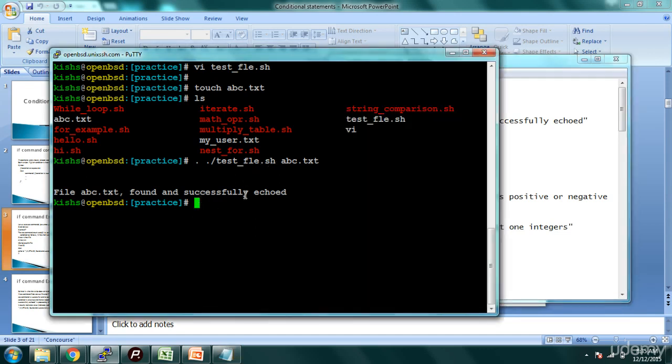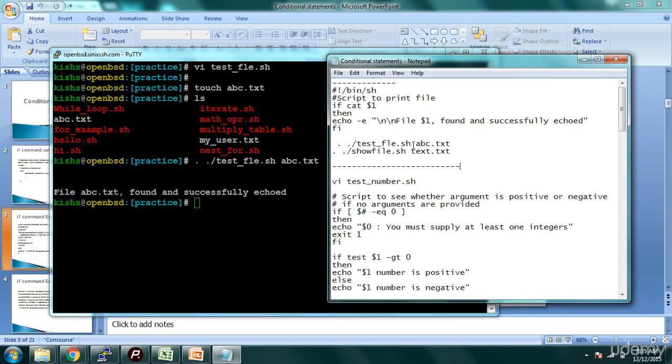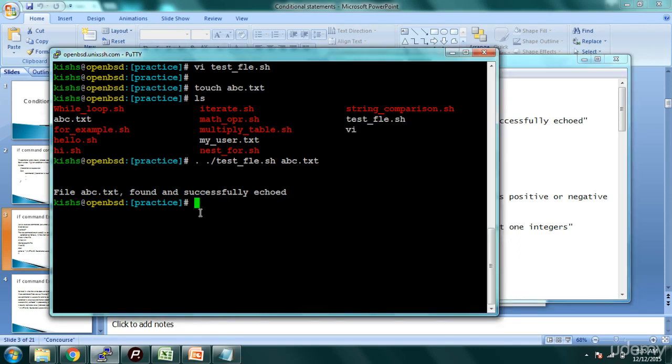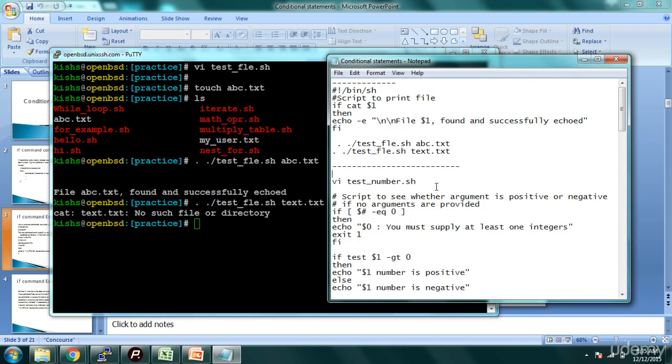Now if I do the same thing for, say, text.txt, the other file which I don't have in this directory, it will output nothing, because the command cat of the parameter passed, text.txt, gave the error that there is no such file or directory.